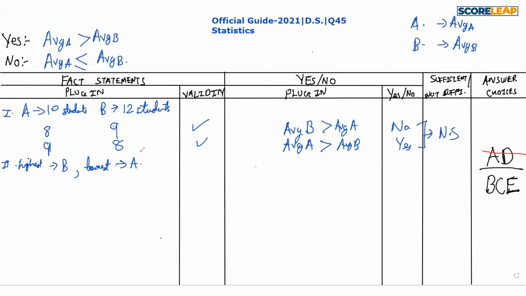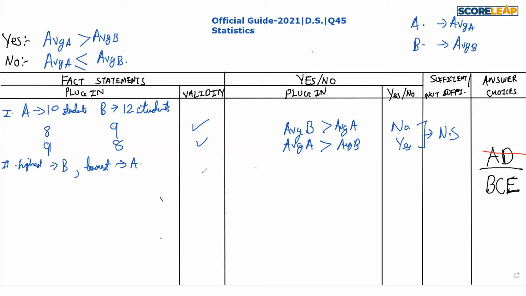So it might be possible that one of the students in group A scored the lowest mark, but all of the other students in group A were scoring very high marks, not more than the highest, but very high marks. And one of the students in group B is scoring the highest mark, but all the rest of the students are scoring very low marks, not lower than the lowest, but very low marks. In that case, the average of group A will be greater. But it might be possible that the students in group A all score low marks, and all of the students in group B score high marks. So that is also one of the possibilities.